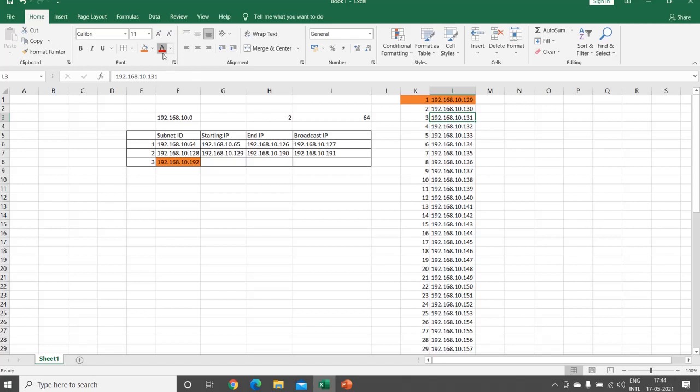In your CCNA exam questions, you have to choose this as the answer. You cannot assign the broadcast IP or subnet ID to any computer, but inside whatever range you have, those IPs can be assigned to the desktops. So this is the answer.